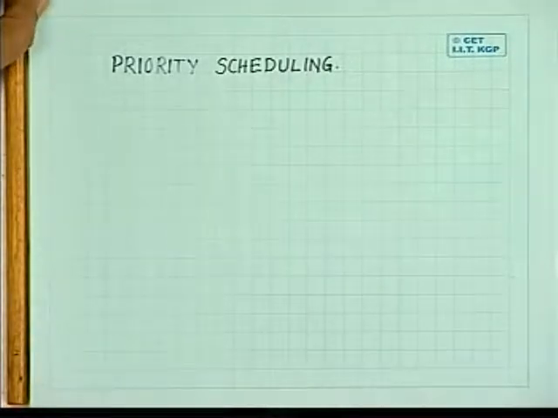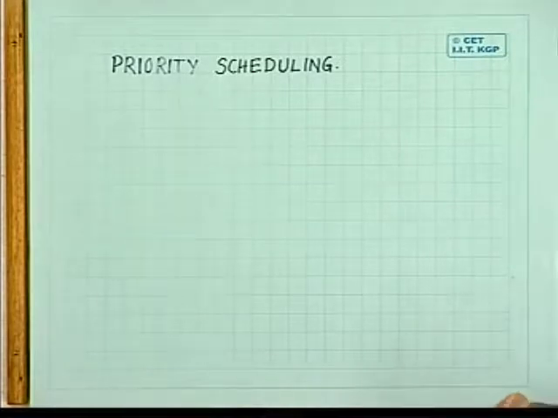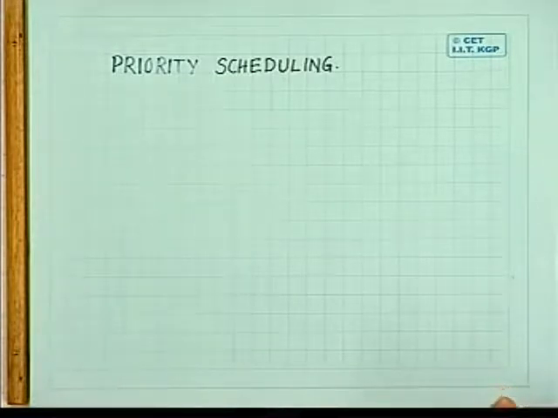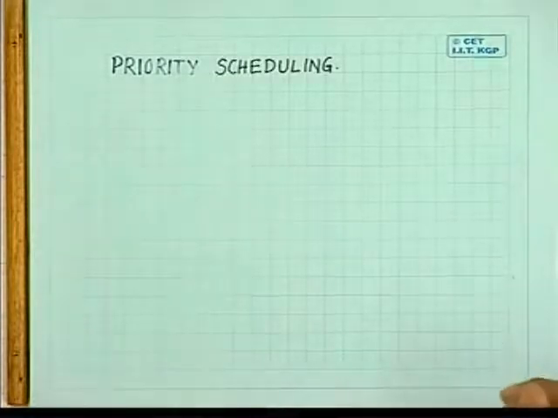What is this priority scheduling? In case of priority scheduling, you can specify the priority of a job. I can set the priority levels of different jobs, and in that case I want that a job which is having the highest priority should be executed first, and the job which is having the lowest priority should be executed last. So, this is similar to what we have done in case of shortest job first scheduling,